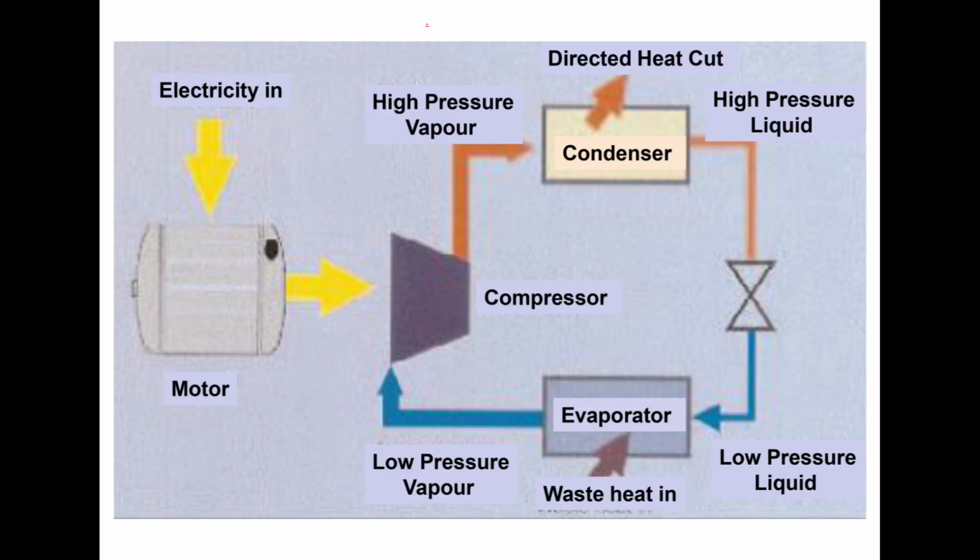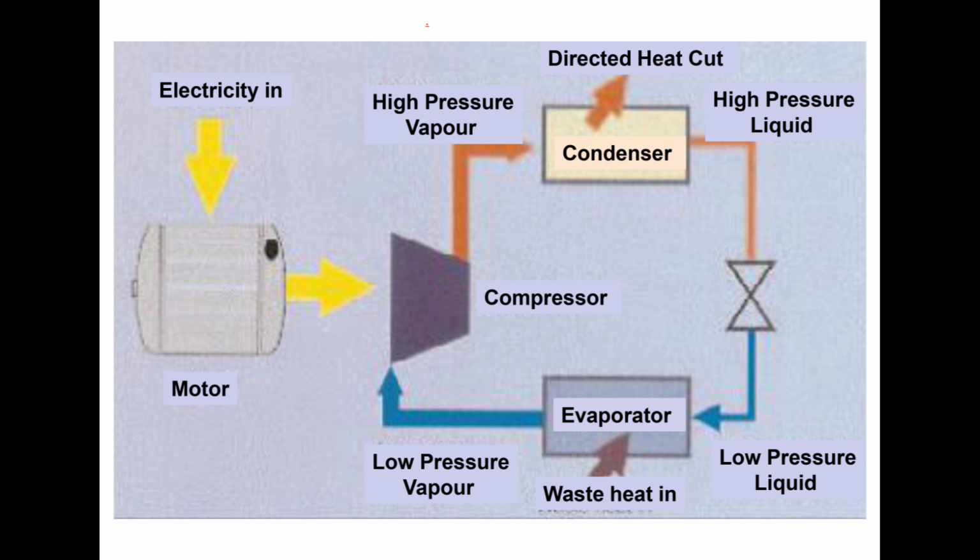This is the schematic diagram of heat pump processing. On the right hand side, the motor is showing electricity in, which means after supplying the power it will rotate the compressor blades. Because of that the high pressure vapor will enter into the condenser, where the heat is given out, and then